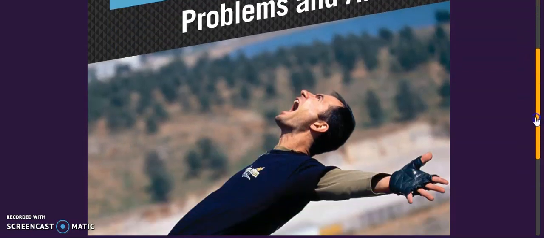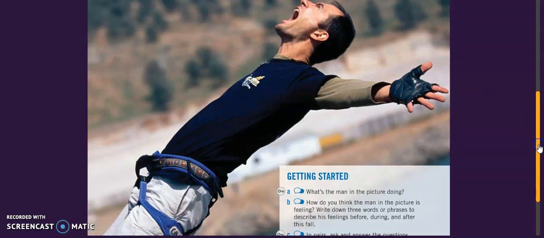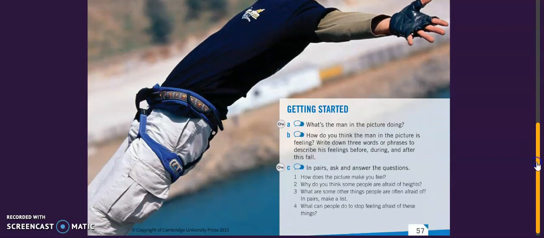So as the first and always we are going to see the picture, and in here we can see a man screaming, un hombre gritando, and he is going bungee jumping. This is an extreme sport. Okay, so the next part you are going to read the questions and also complete the answers. So take up your notebook or your sticky notes and try to answer this part as a homework on page 57.